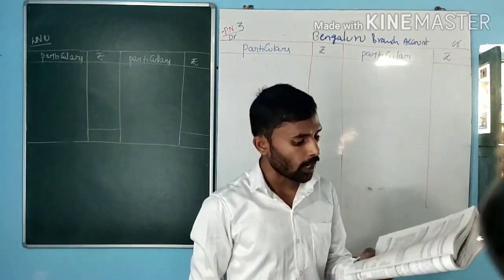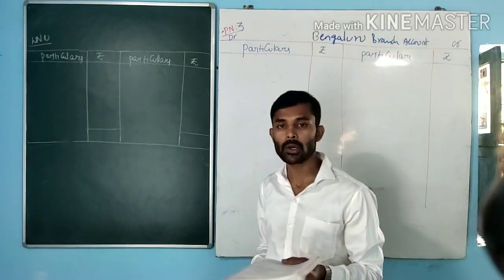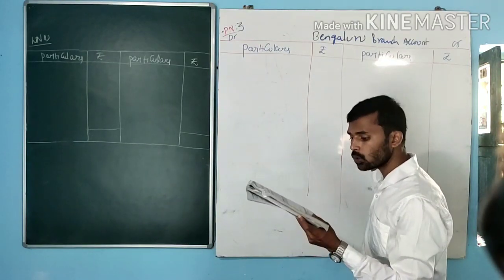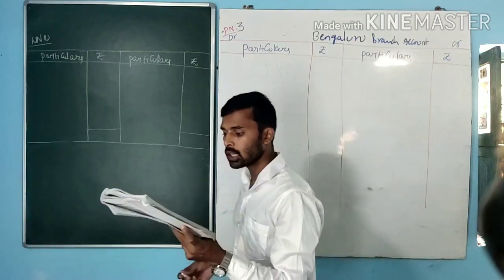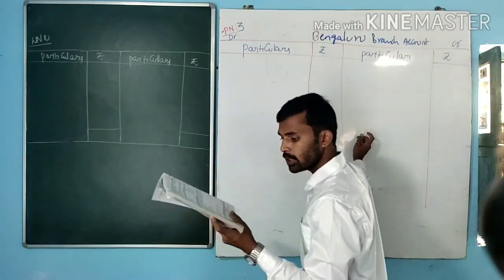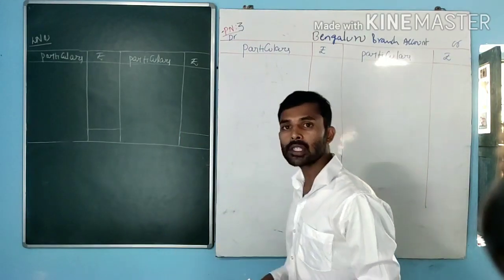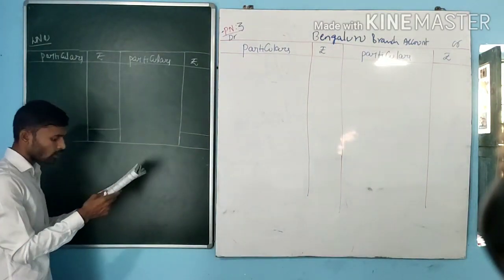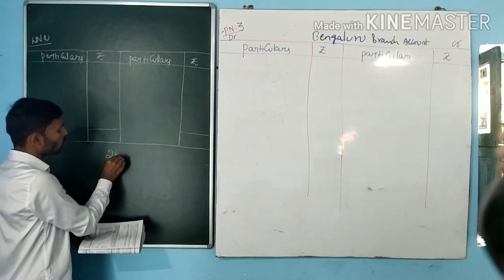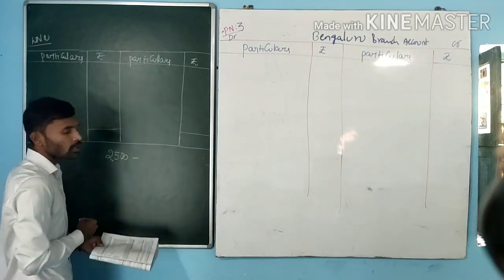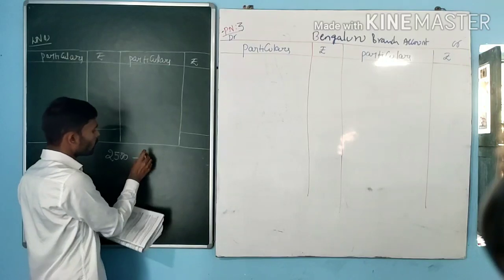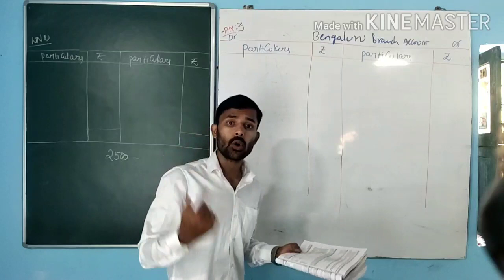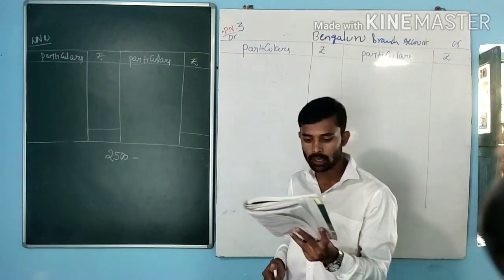Closing stock at branch at cost on 30th September 2014. Closing stock, right, under credit side of the branch account. Next one, closing petty cash, that is 50 rupees, under credit side. Next one, depreciate furniture at 10%. Here the depreciation on furniture means the amount is 2500 minus 10%, that is 10% means the amount will be 250, but is it for the whole year or for the given period?